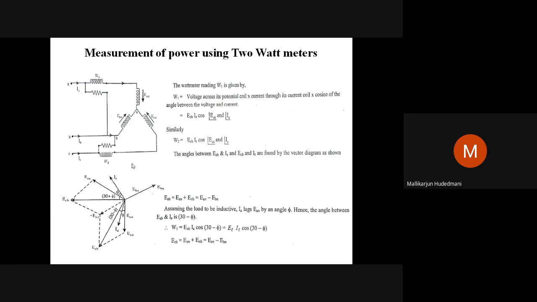Before going to understand the concept of measurement of power in three-phase circuits, let us take a view on what this wattmeter is. A wattmeter is a dynamometer-principle-based instrument which indicates the power. This instrument is installed in a circuit to read the current flowing to the load. So the current coil, which I have shown like an inductor in the symbol, is the coil through which the current the load is absorbing has to flow. This we call the current coil.